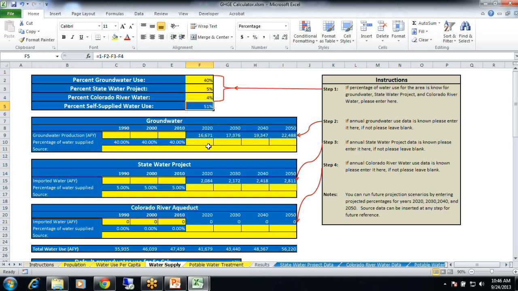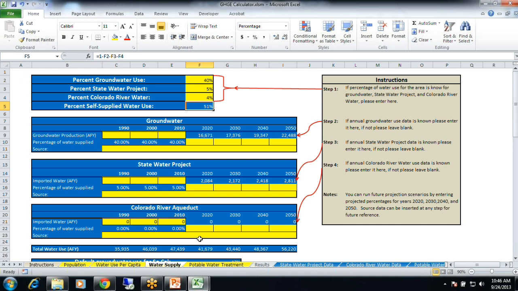But now, if this project were to come online in 2020, and it's going to reduce imported water by 2,000 acre-feet per year, what you can do is, on this tab, your total water use is calculated down here. So in 2020, their total water use is going to be 41,679.